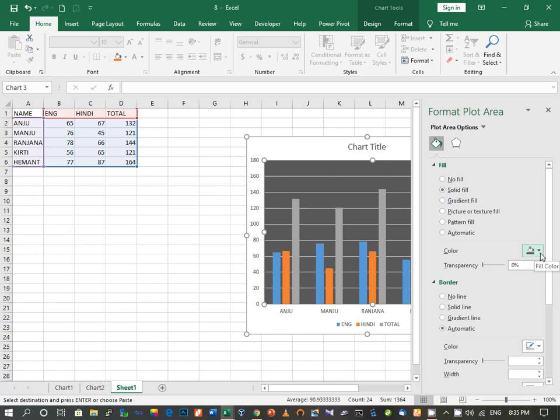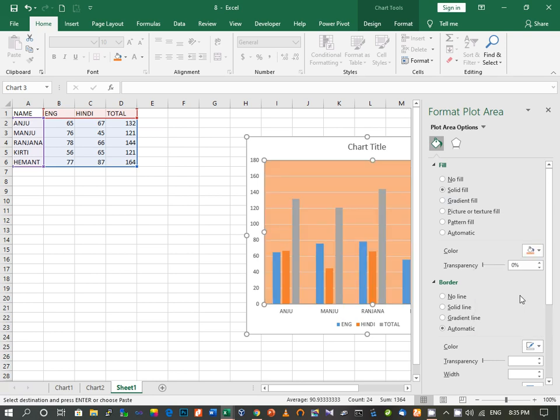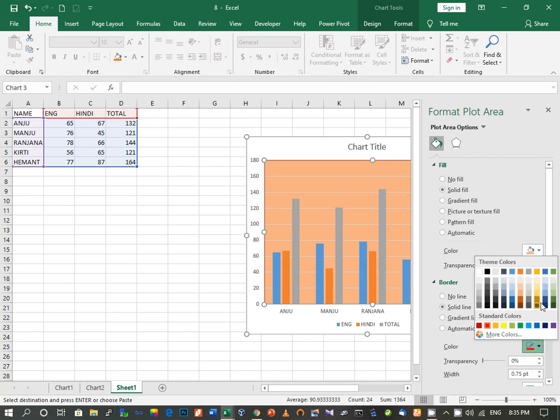Then here you have color. You choose any particular color. If you have any choice, you can choose that color. Suppose I choose this one. Then here we have border. Suppose I choose border solid line, and from here we can change the color. Any color which you want, you can take that color.